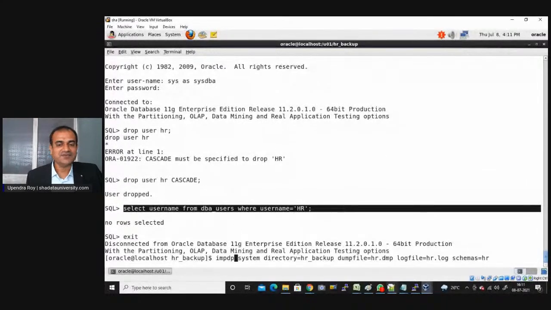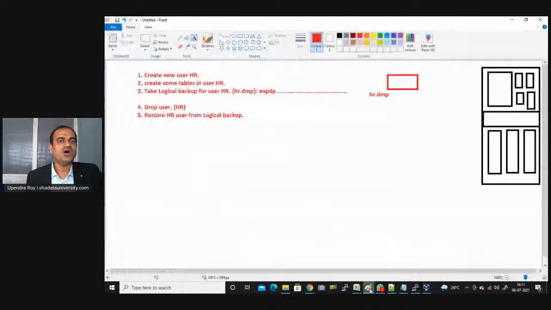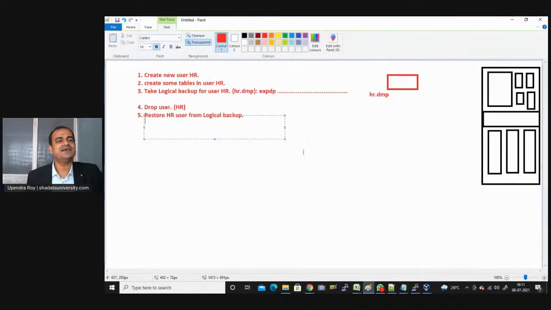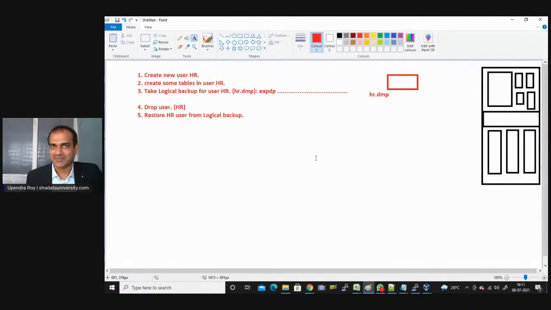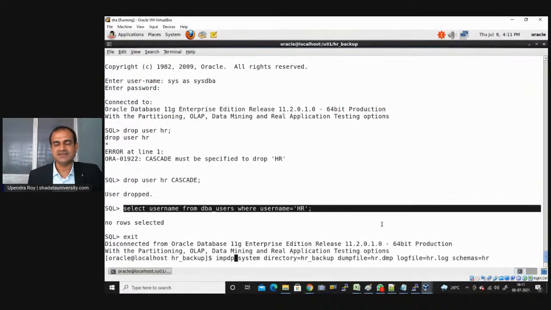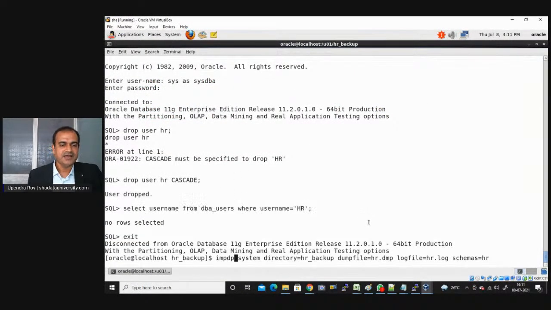And if this is the case, we have to restore it. And this is the new part we are going to do for the very first time. So far, whatever we have done, we had already done in the past. Definitely some new learning we got in the last 15-20 minutes. Now how to restore it? For restoring it, instead of expdp, we are going to use IMPDP. User ID is the same,